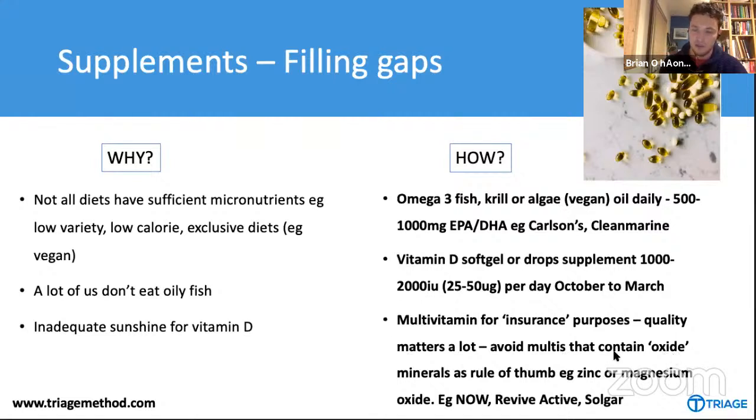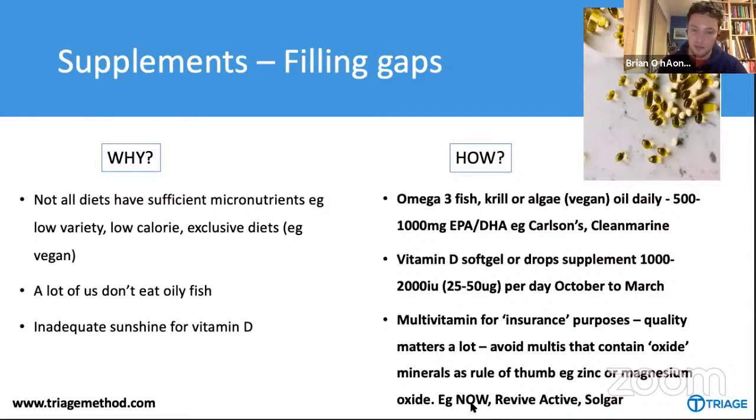So this is a good rule of thumb that I like to give to people, and this will help you screen out maybe poor quality supplements. If minerals such as zinc or magnesium come in the oxide form, you'll see that on the label, they're not good quality, they're not well absorbed, and as a heuristic, you can maybe say, okay, the rest of this multi probably isn't that great in that case, right? It's not a perfect rule of thumb, but it's pretty good. It should serve you well when looking to buy any of this stuff.